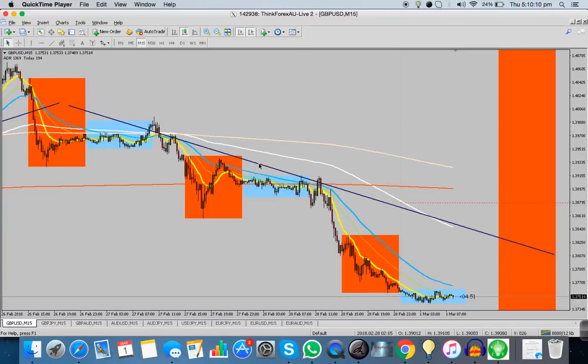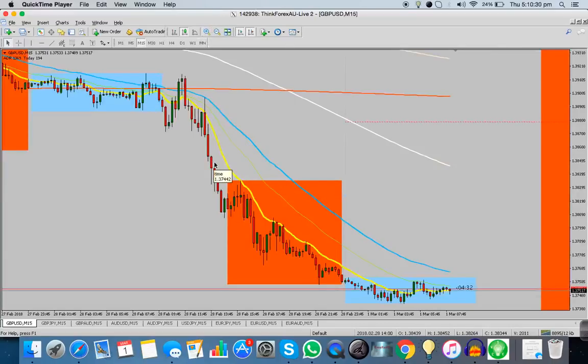So I'm going to get rid of this line up here. We're on the pound USD 15-minute chart. The idea here is to discover where on your charts would be the best place to possibly be looking for a setup to happen. Now, a lot of people will probably just look at setups anyway. So the market's moving down here, I'm going to take a setup because to me it looks like it's moving. Or if the market is just giving me a pattern down here,